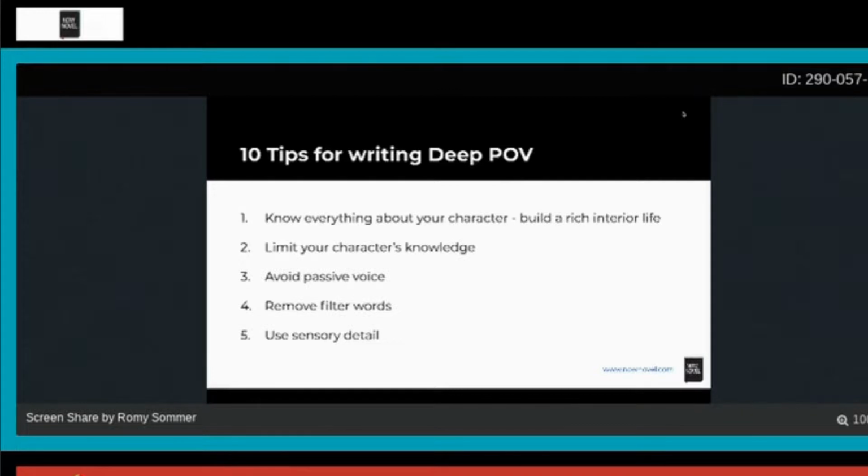The next tip, use sensory detail. Use all 5 senses to enable the reader to live into the scene and experience it along with the characters. For those of you doing the group coaching, when we get to scene setting and description in a few weeks' time, we'll handle this in greater detail. But avoid lengthy descriptions. Rather use small details to paint a vivid picture.